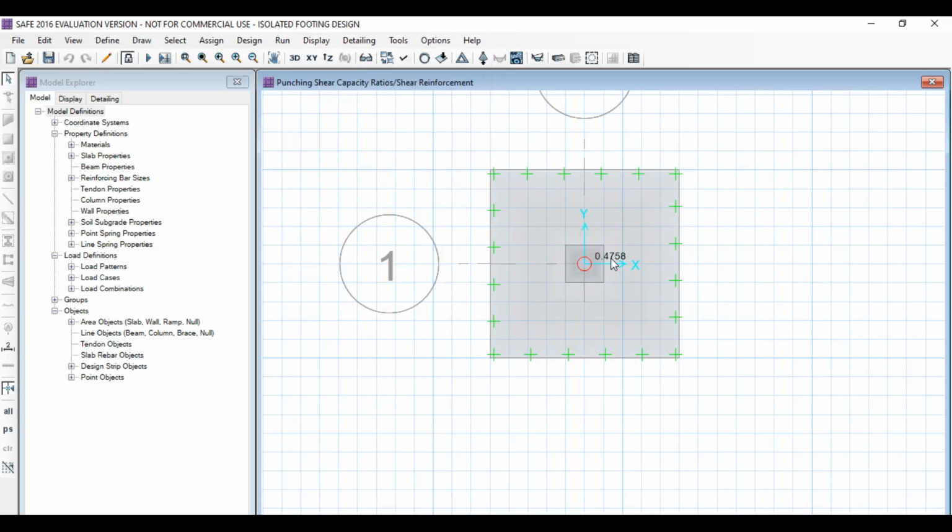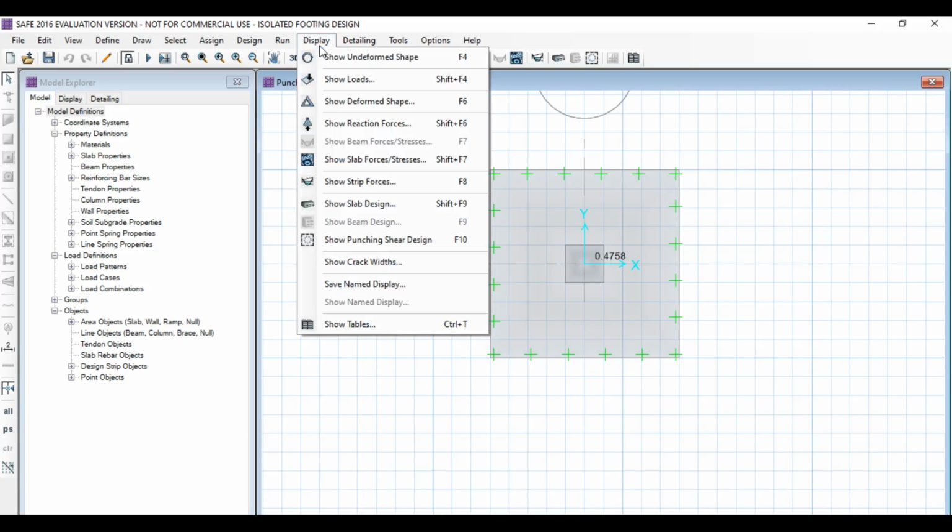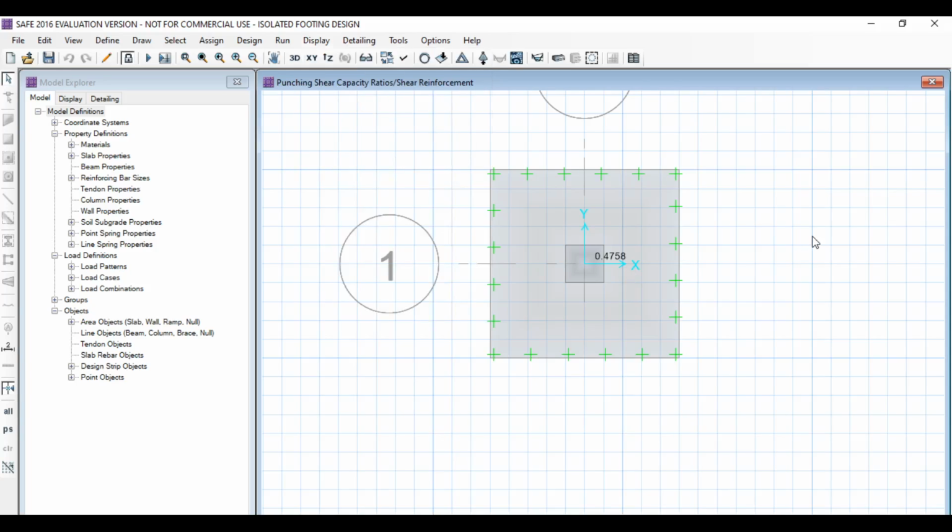Here the punching shear design value is less than 1, which indicates that this footing is okay, that is it is safe, and you can work with this footing dimension.